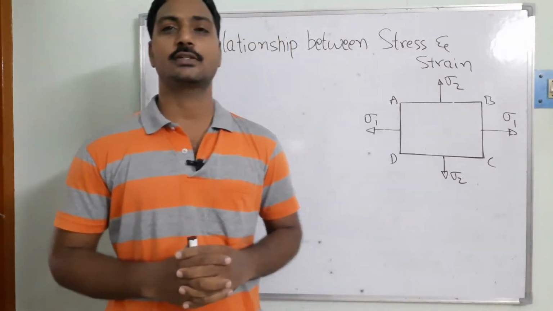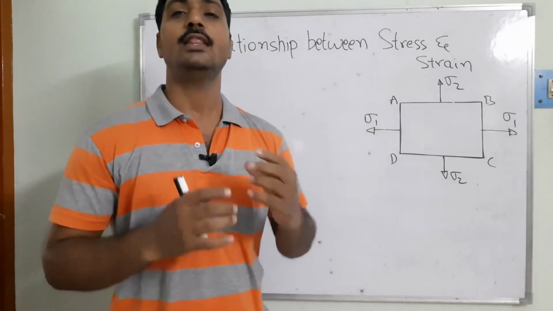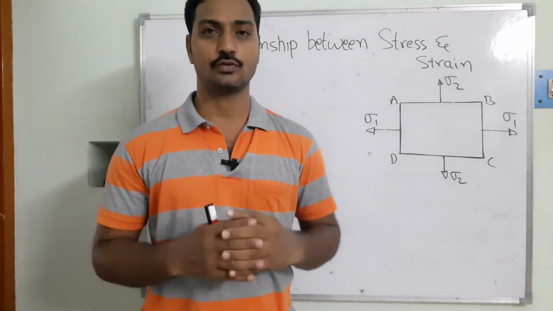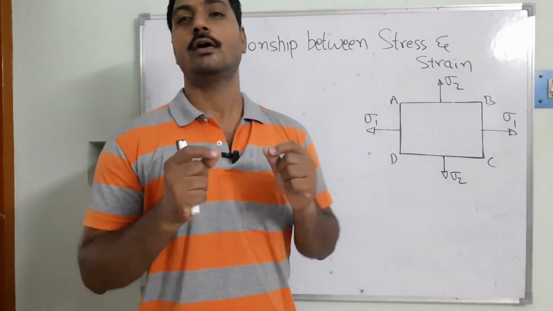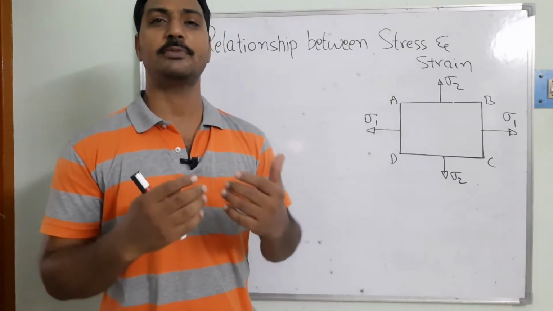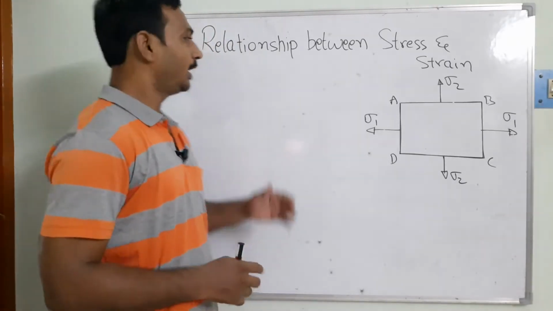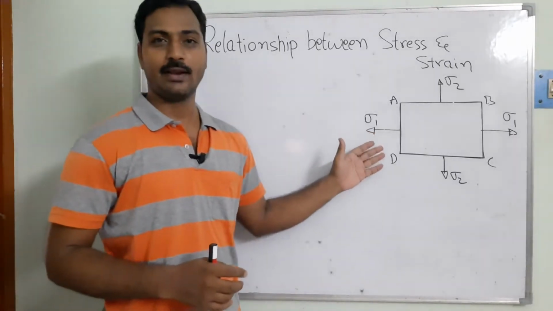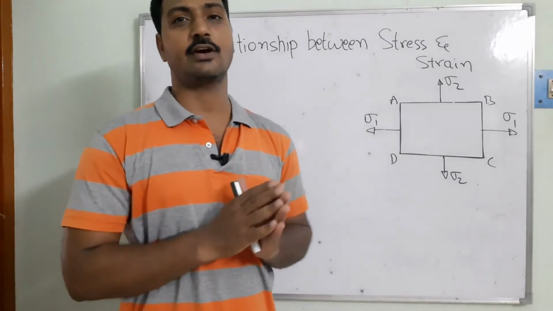In this video lecture, we will learn the relationship between stress and strain when a body is subjected to external loads. As we know, we have generated different types of objects for our analysis: one-dimensional, two-dimensional, and three-dimensional objects. In this class, we will look at two-dimensional objects, which have an area, but the thickness we are considering is constant.